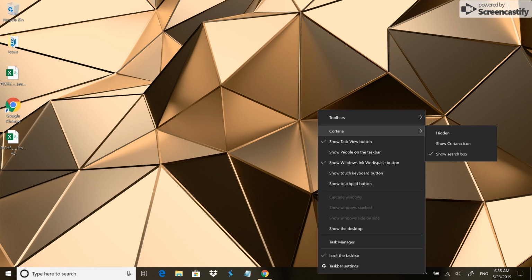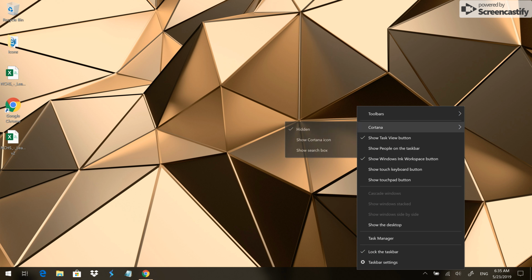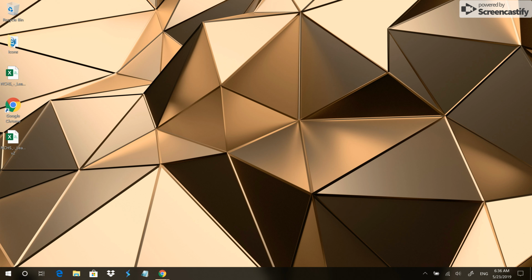Another option is Cortana. Some people never use Cortana. If you're one of those people, if you right-click, go up to Cortana and go to Hidden, it gets rid of it altogether. But if you're one of those people like me who uses it, you've got two different options. You can go to Show the Button,